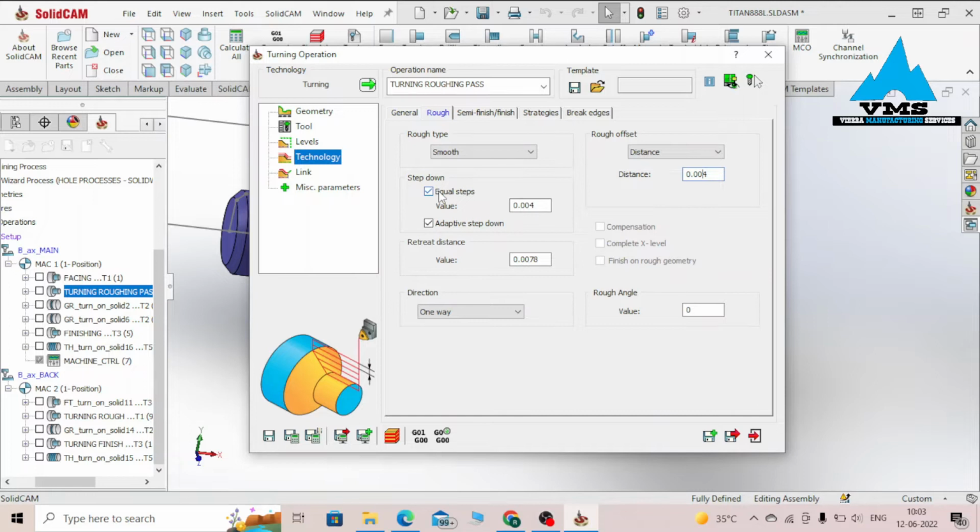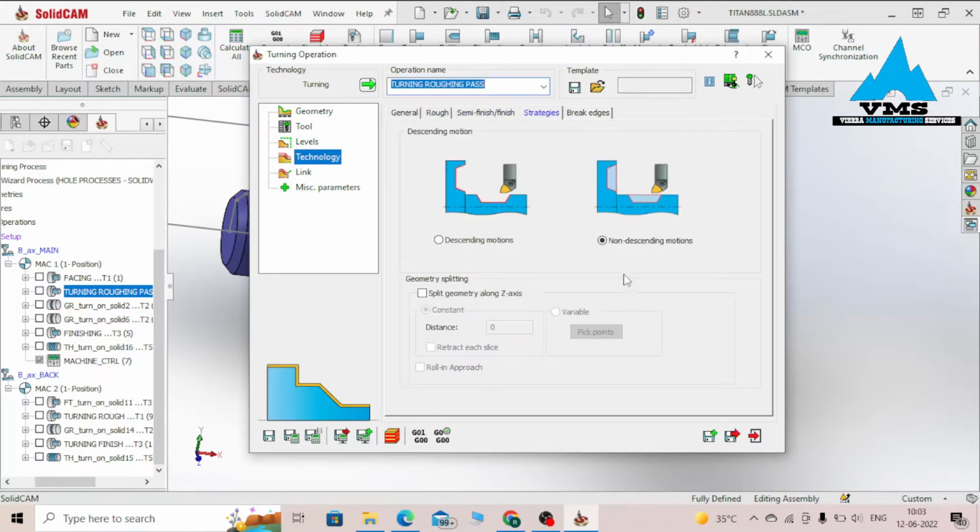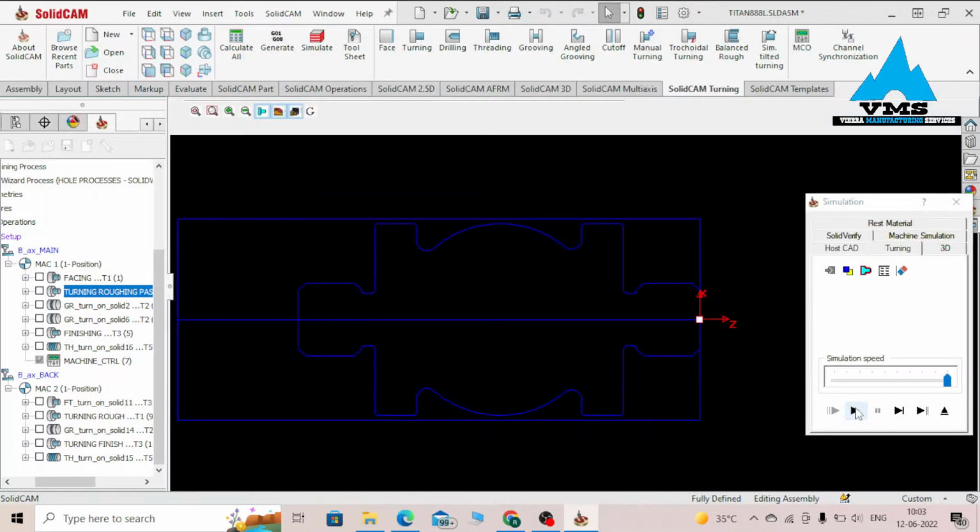You want to make sure that your step down should always be low. If you are using a step down of say 0.04, this will lead to an accident. You want to make sure that your step down should always be very low, like 0.004. I'm using a roughing pass, no finishing pass, strategy non-descending. Looking at the simulation,